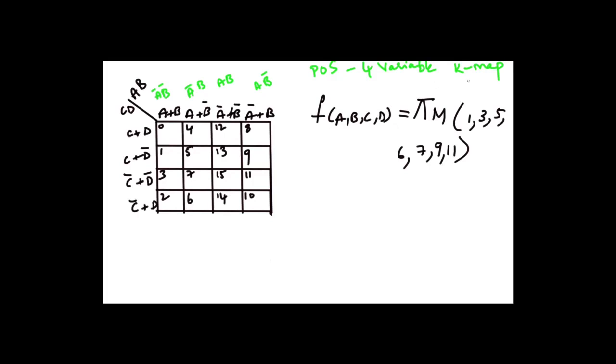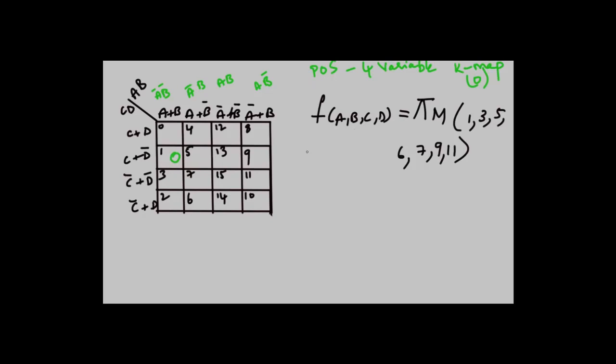So we already know in POS we represent in the form of zeros. So we take only zeros. The max term is considered to be 0, whereas in SOP it was 1. So in this we are just replacing 0 with 1 and 1 with 0. That is the reason we got A bar as A and A as A bar. So now this is 1, 3 and 5. That means here you have 1. I'll write it as 0. If you write 1 instead of 0, then this is completely wrong, because we write 1 if we are doing a SOP form, but we write 0 as we are doing a POS form.